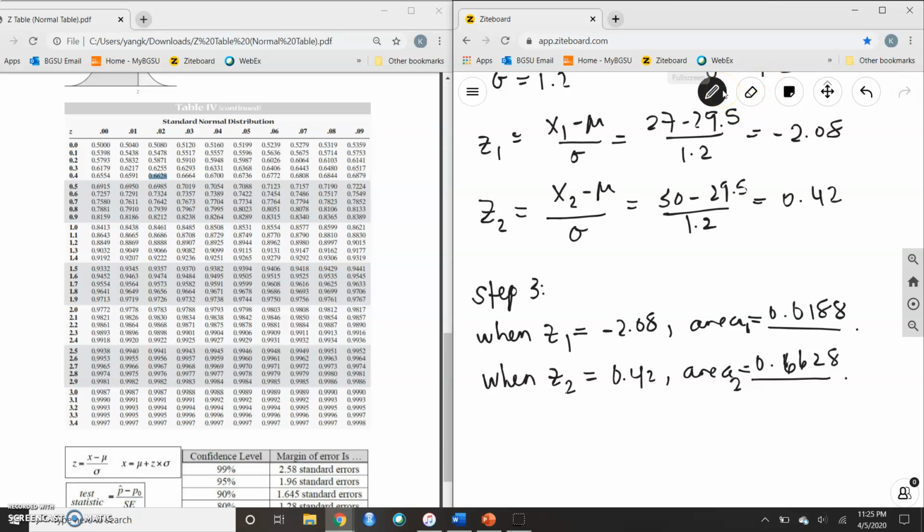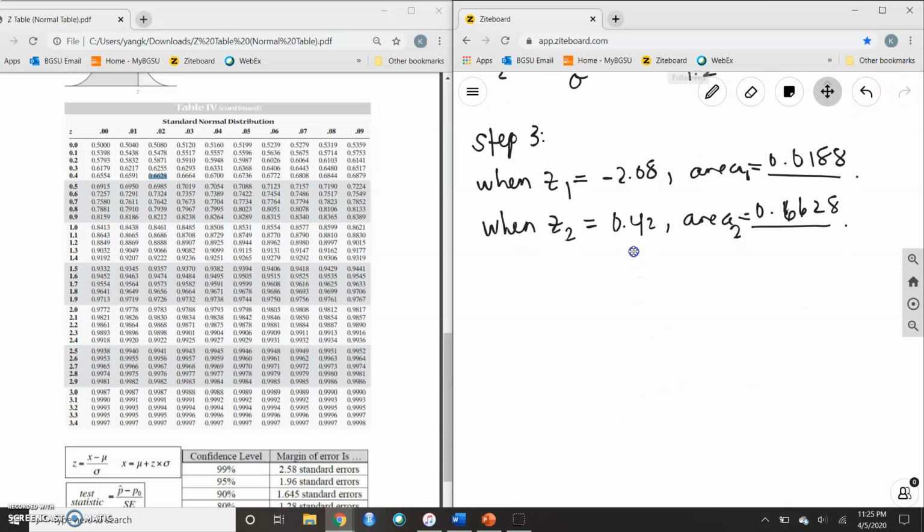Whenever you're looking for the probability or the area between two numbers, you have to subtract these areas, because each one is only considering the area to the left. So we have to subtract them in order to find the area in between. We're going to take area 2 minus area 1,